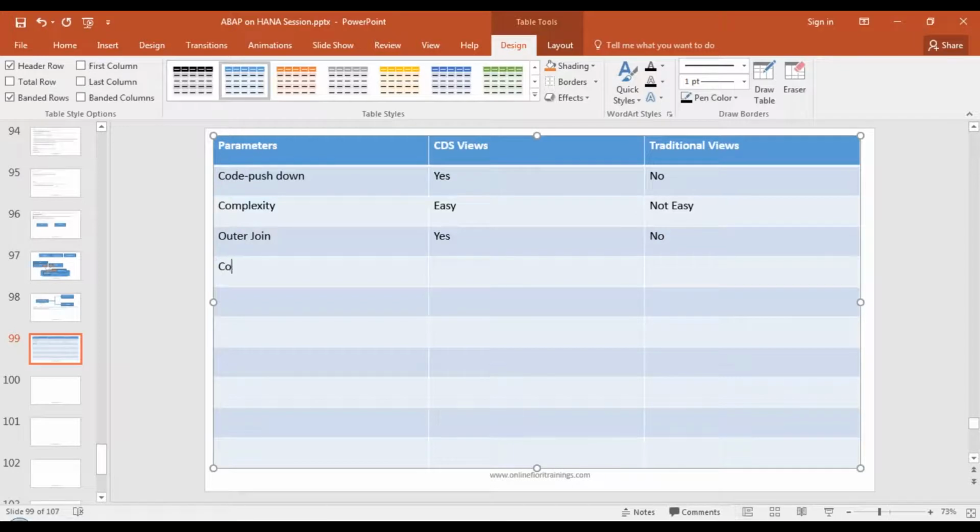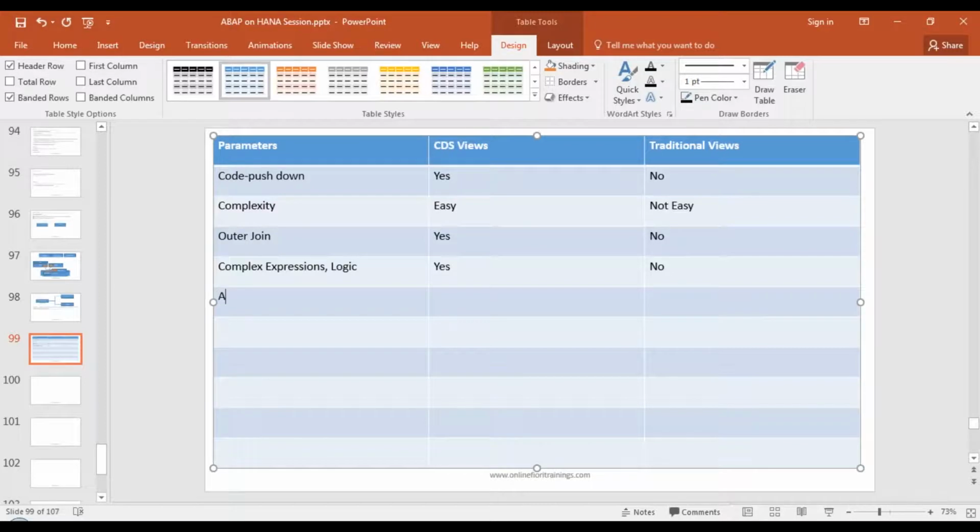What about complex expressions? If you want to write some expressions, some logical conditions, some logic, it is supported using CDS views. You saw already an example in ABAP on HANA. We can use case statements, but we cannot use such case statements or any processing logic as part of the traditional views. That is not supported in SE11 traditional views.